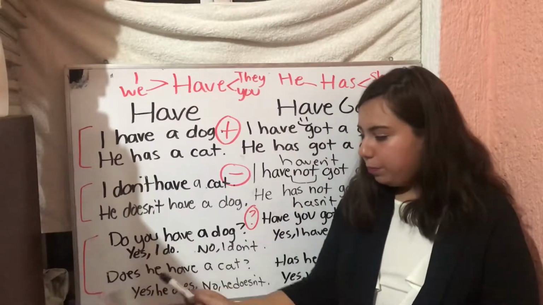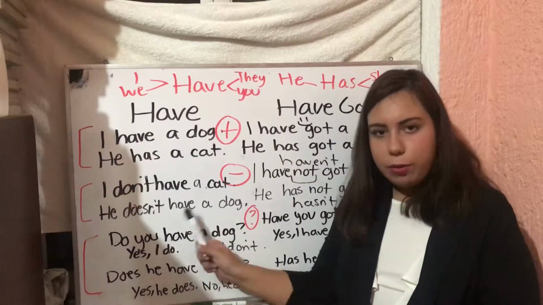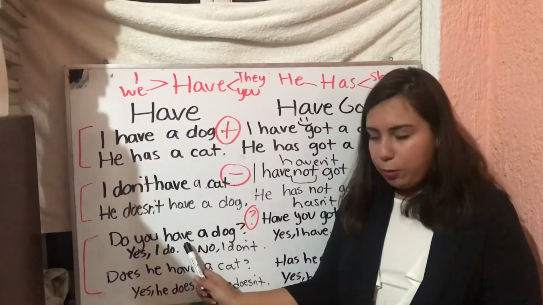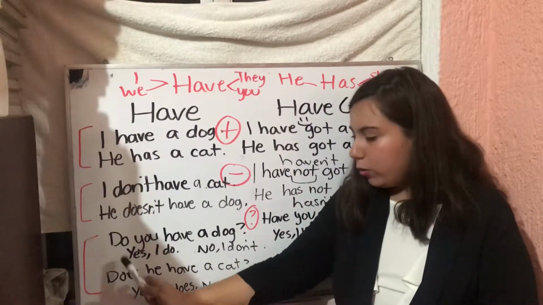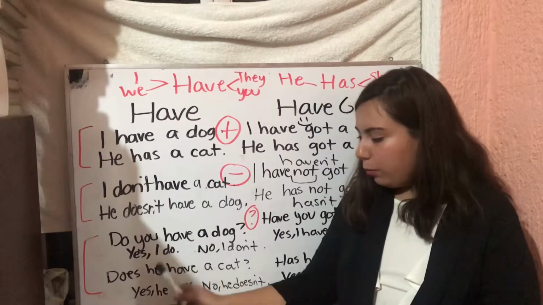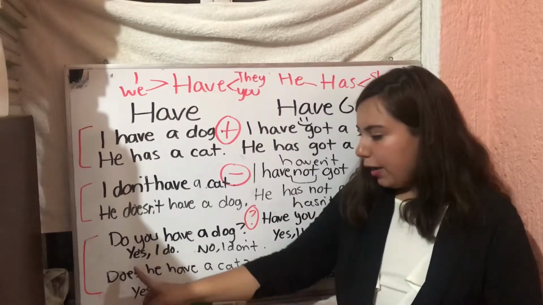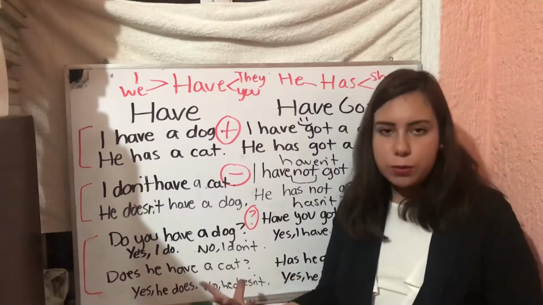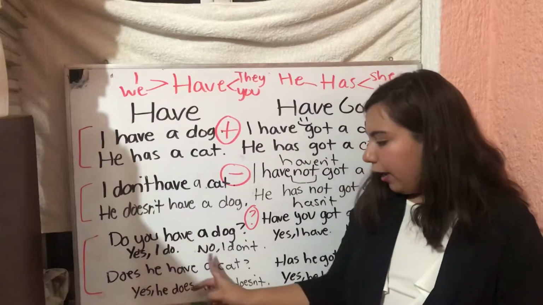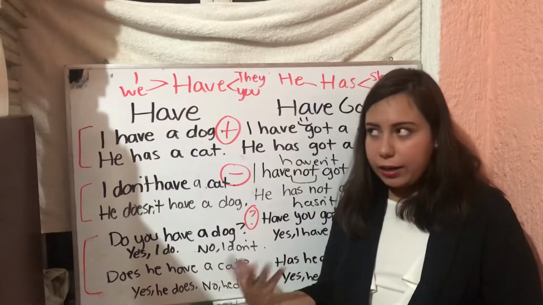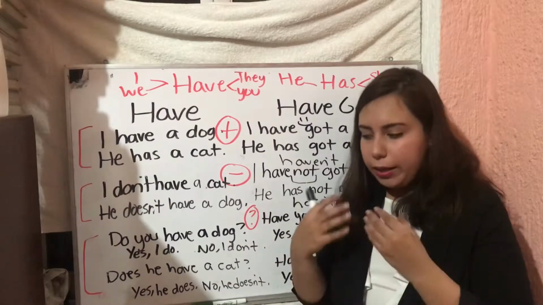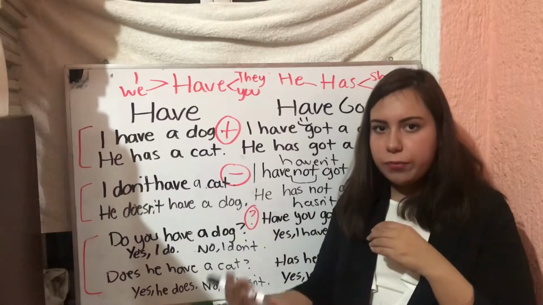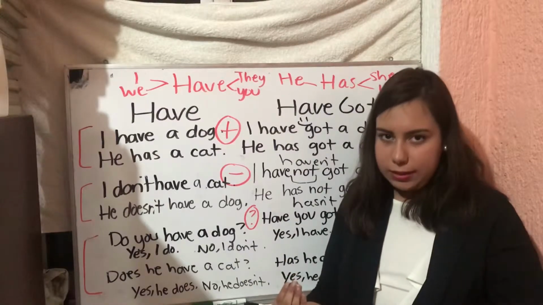Entonces, primero auxiliar, después el sujeto, después el verbo en forma base. Auxiliar do, sujeto you y verbo have en forma base, igual aquí. Auxiliar does, sujeto he y verbo have, ¿ok? Y para respuesta sería primero que digan yes o no. Después voy a decir el sujeto, aquí tengo I, he, y voy a repetir el auxiliar. Si es mi respuesta yes, va a ser el auxiliar do. Si es mi respuesta no, va a ser mi auxiliar don't o doesn't, dependiendo.